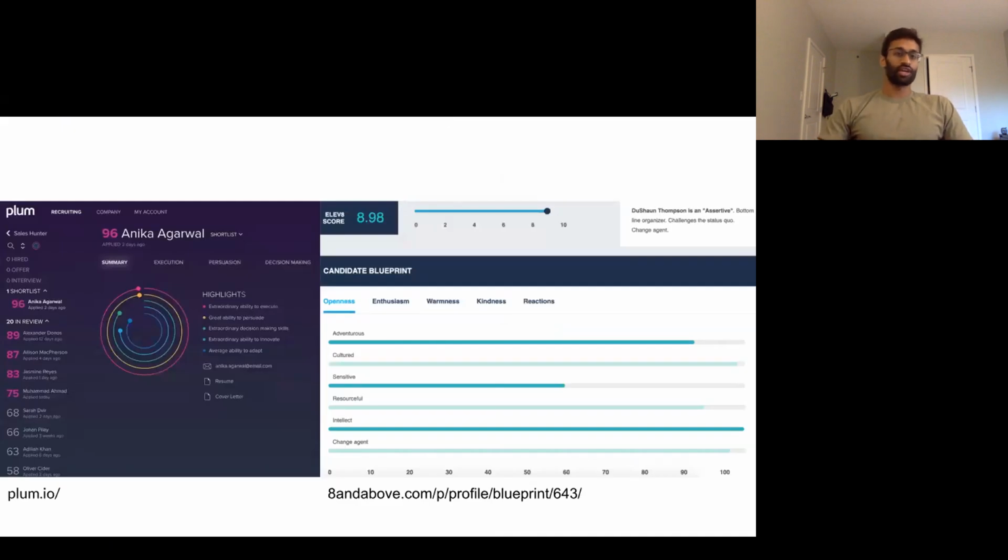And these are the types of things that people can see on the recruiter side of things. So you might see candidates might be given scores, they might be ranked with respect to particular skills or competencies. It depends heavily on the platform, but many of them look like this, where behavioral data or affective computing is used to score people and to rank them and ultimately to make hiring decisions.